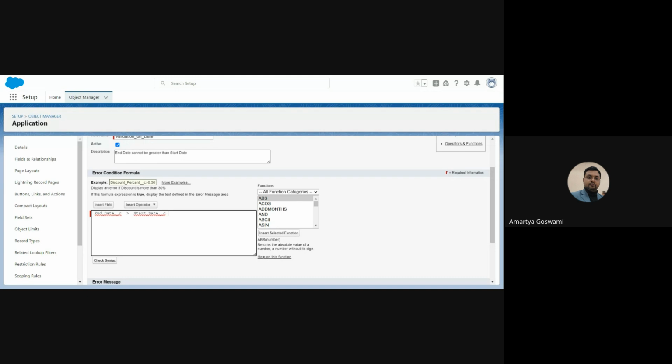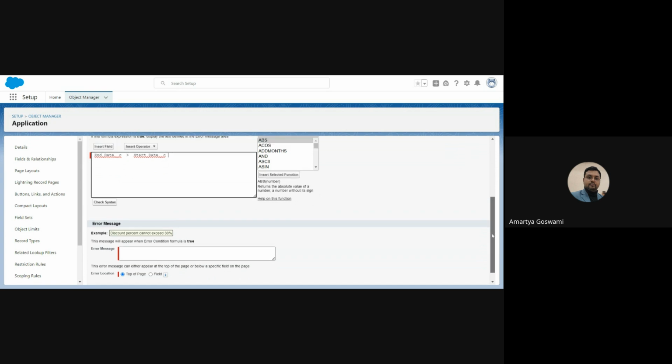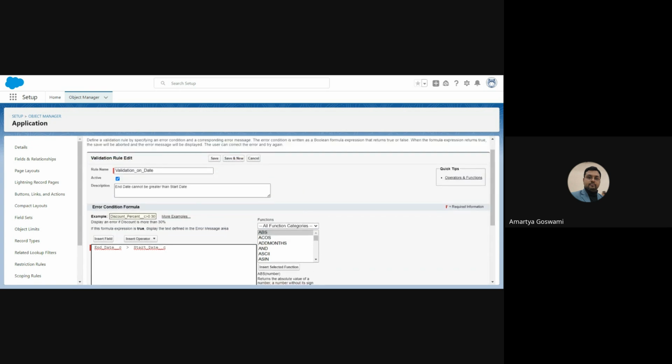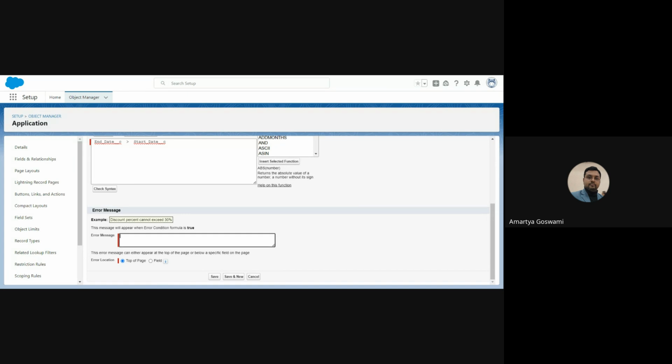Great. Now what is the error message? Copy the description, whatever you have written in the description, and put the same message. Copy this one, put it in the error message. So this error message will be shown. Now where would it be shown, what is the location? So the error location is top of page here. For now